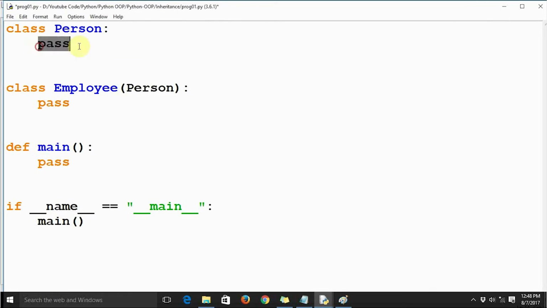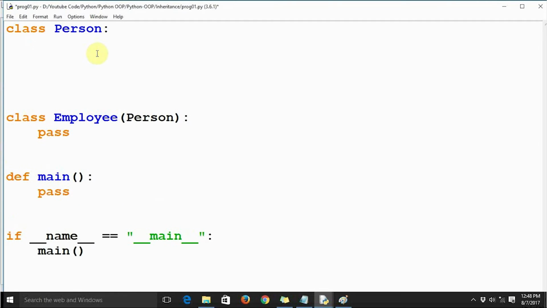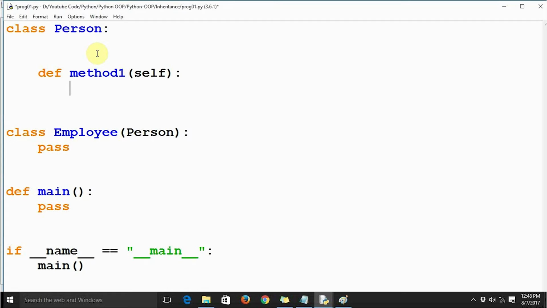So suppose we have def method1, self, and we are just going to say there are a couple of variables, like self.var1.